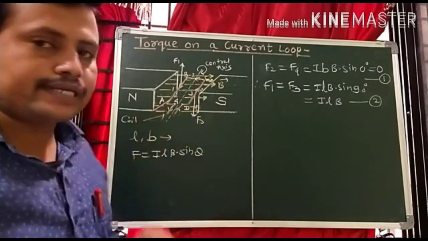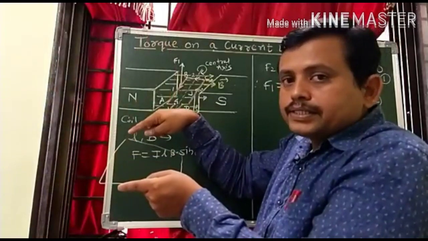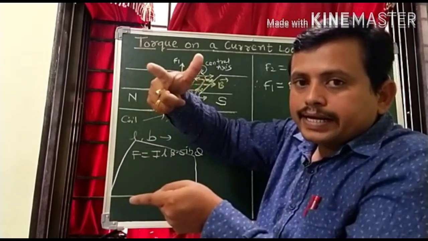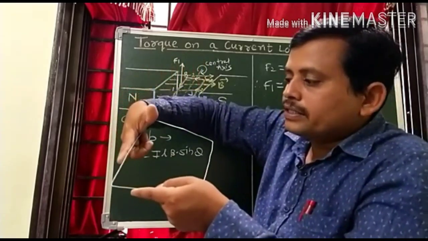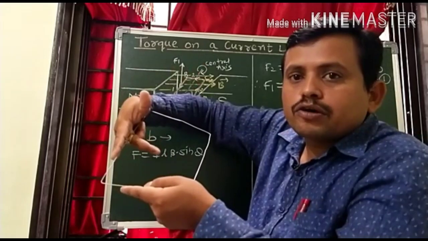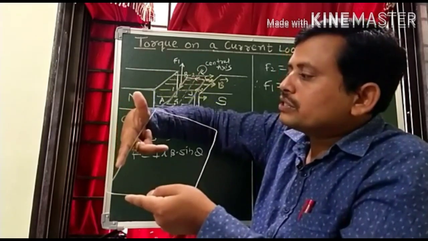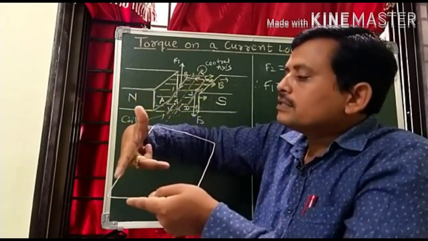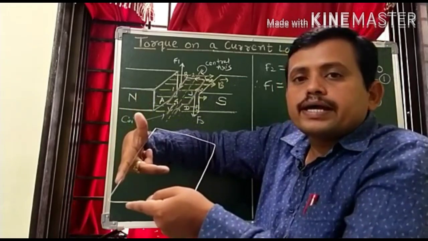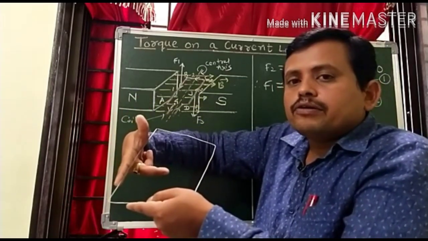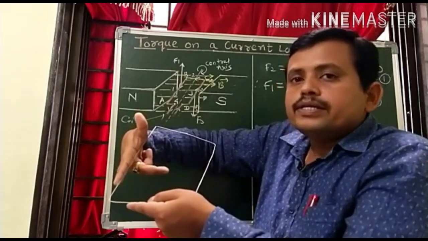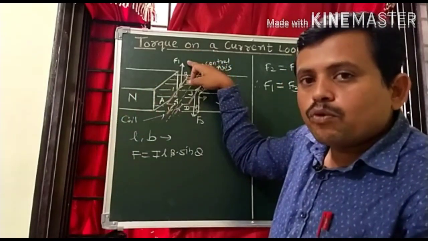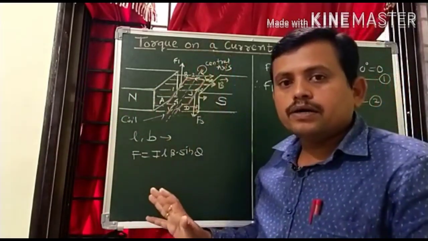Now force acting on the side AB. This is side AB, passing the current from B to A. Now again the forefinger of the right hand is in the direction of current, middle finger is in the direction of magnetic field, and then the stretched thumb gives the direction of magnetic force, and here the thumb is in the upward direction, and therefore the magnetic force acting on this side, that is AB, is in the upward direction as shown in the diagram. F1 is upward and perpendicular to the plane of the coil.